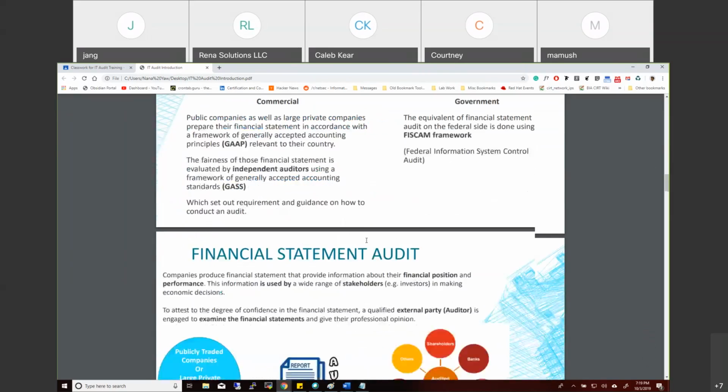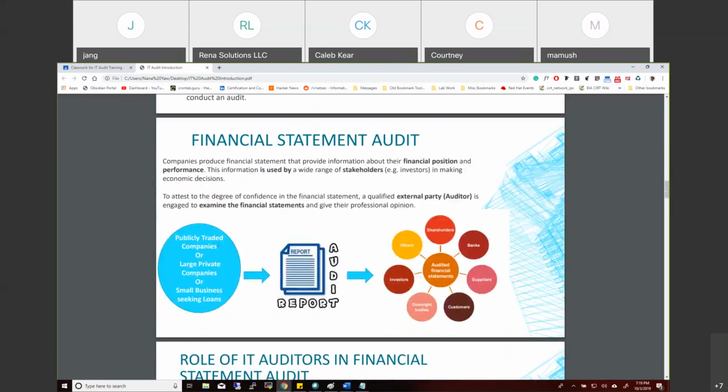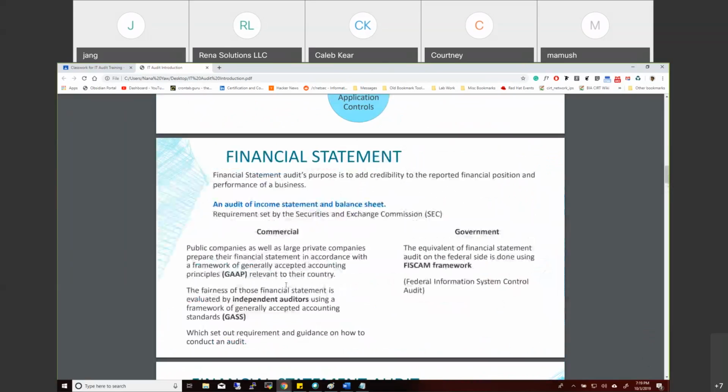Okay. So when we talk about financial statement audit, it is an audit performed for a publicly traded company or any large company or small business that is seeking out loans. They're required to provide what's called a financial statement report. The purpose of providing this report is, number one, it's a requirement by the SEC, and number two, it's a way that businesses gain credibility with the people that they do business